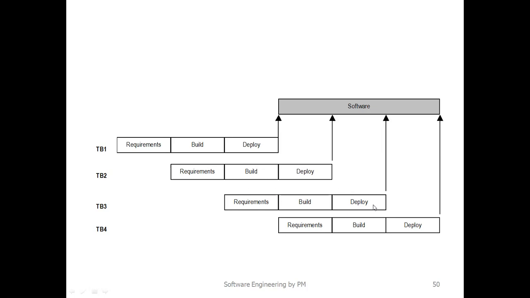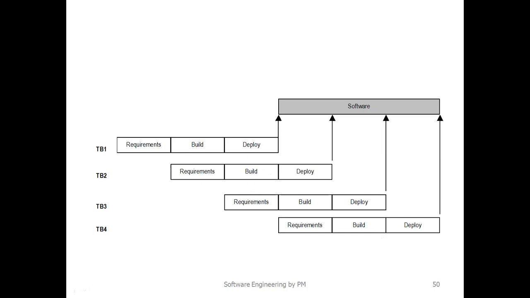Now, what is the time to complete all the four iterations, all the four time boxes? That is T plus T by 3 for this activity, plus T by 3 for this activity, plus T by 3 for this activity. So the time to complete all these iterations is T plus T by 3 plus T by 3 plus T by 3, which reduces much of your total duration.